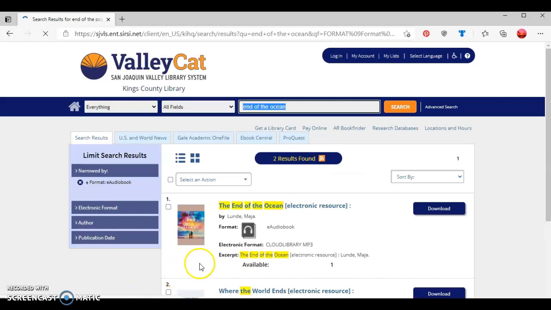As we can see here, the first option is the End of the Ocean, and when we look at electronic format, it says cloudLibrary, which is the type of resource that I'm wanting to listen to. So to check out this eAudiobook, I'm going to click the download button like so,